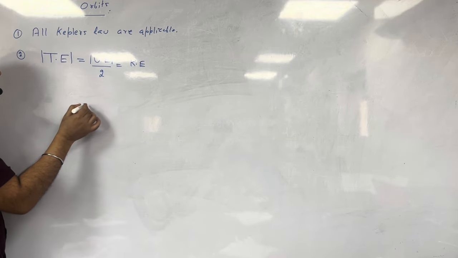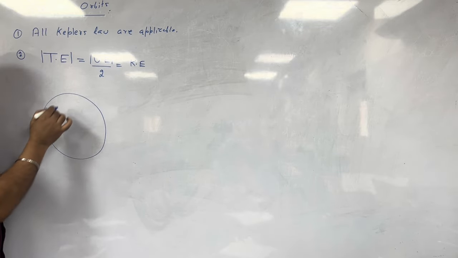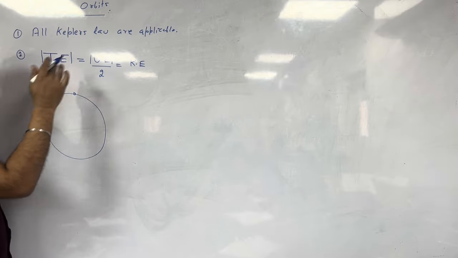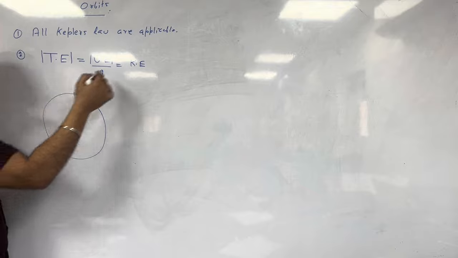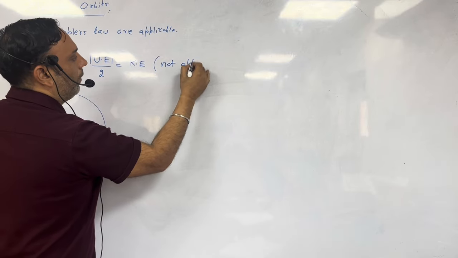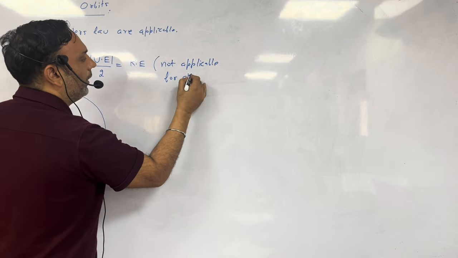This rule you can always use for any kind of circular motion. For example, right now, let's see how we can write this. Do you remember this relation you were using in the atomic structure chapter? Suppose a body is performing circular motion, but a point to be noted: it is not applicable for elliptical orbits.